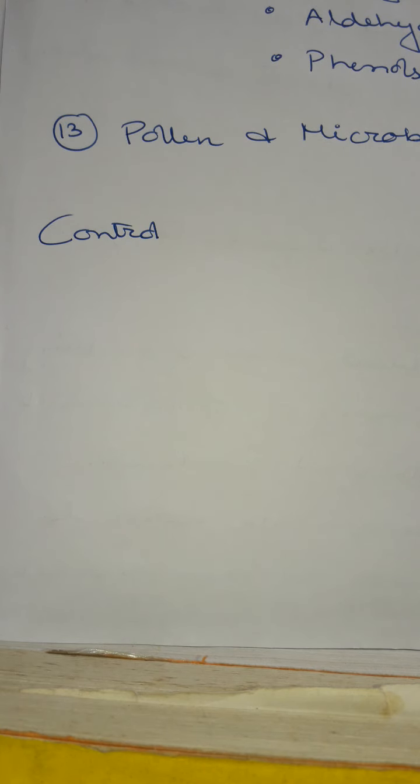Now when we are talking about the control of air pollution, that means when we are talking about the causes of pollution and the different types of pollutants present in air, we also have to know the various control measures which can help in overcoming air pollution. So first of all is control of particulate matter. Maximum amount of particulate matter will be present over there. So how can we separate them?